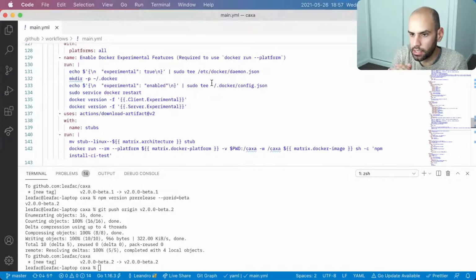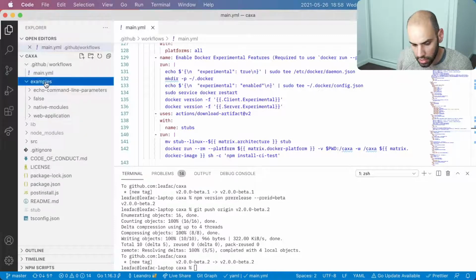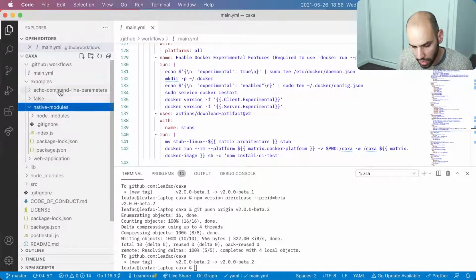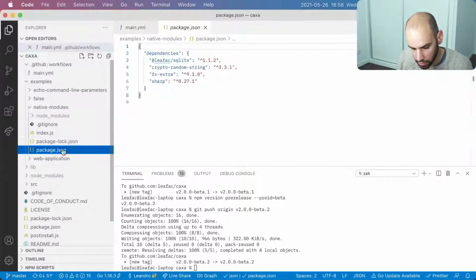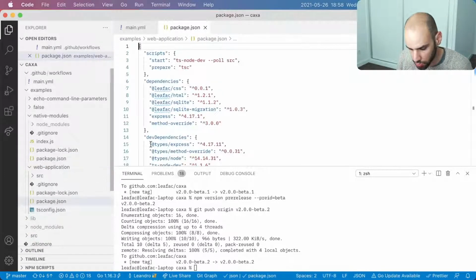I think that running the tests in ARM will be super slow because it will try to compile from scratch things like SQLite, and we have some tests here that include packages like sharp and so forth. So sharp and SQLite, I'm sure we have.